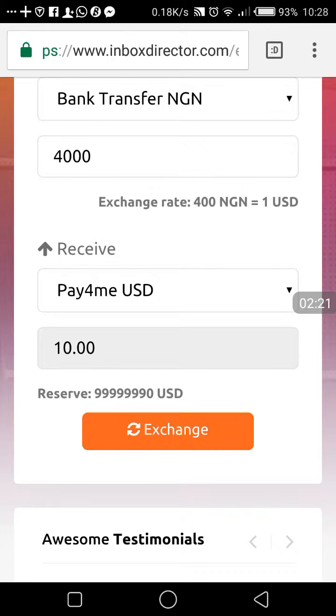So as you input 4,000 here, you see that it is now $10. Hold on, please. So anything you want to pay for, just multiply the dollar amount you want to pay for by the rate.